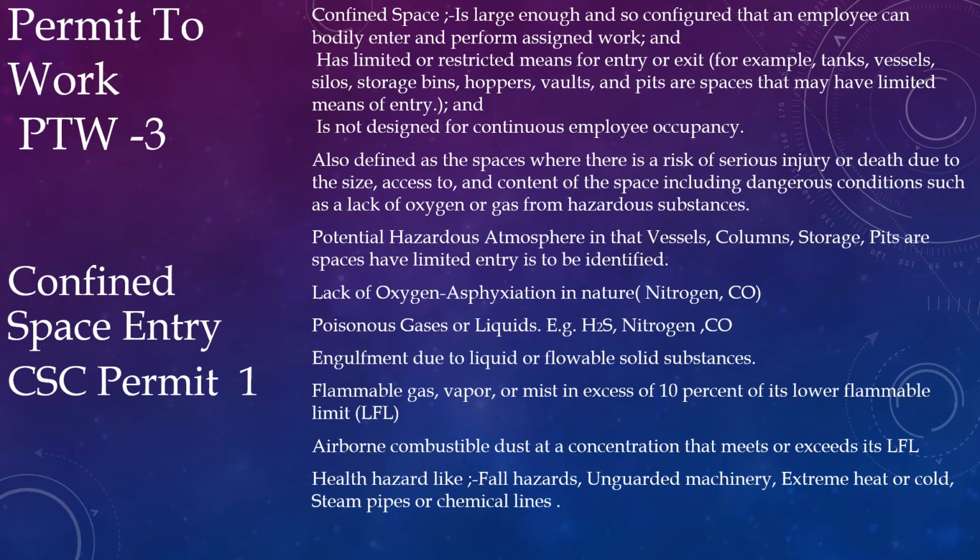In this episode and next episode, we will see about confined space entry, CSE permit. A confined space is a space which is large enough and so configured that an employee can bodily enter and perform assigned work. That is a confined space in which the opening is available, that is a manway or